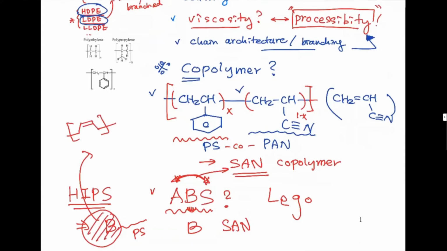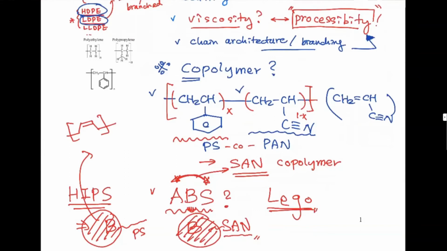So the rubber is typically made into small particles, and then they put in the styrene, and it gets grafted here. Whereas the ABS is more like this one, with a lot of SAN, styrene acrylonitrile. And if you look at an actual Lego, it's pretty tough. It has pretty good mechanical properties compared to polystyrene,